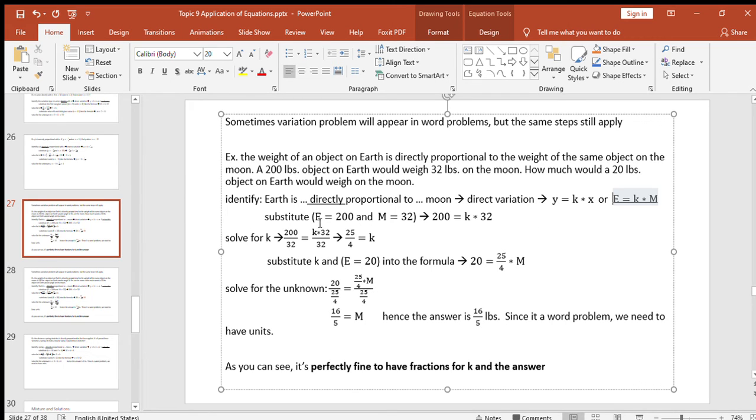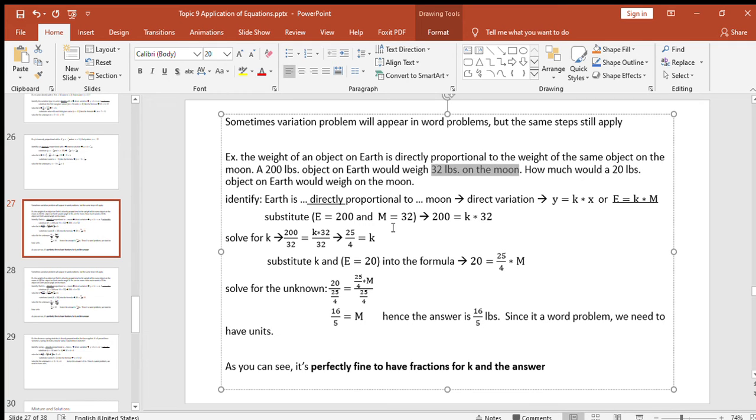So now we're going to substitute our first two numbers. In this case, it's 200 pounds on Earth, so E is equal to 200, and 32 on the moon, so M is equal to 32. Substitute those two numbers, you're going to get 200 is equal to K times 32. Solve for K, and you're going to get 25 over 4 is equal to K, and that's okay. As I said previously, it's okay to have fractions on your K,